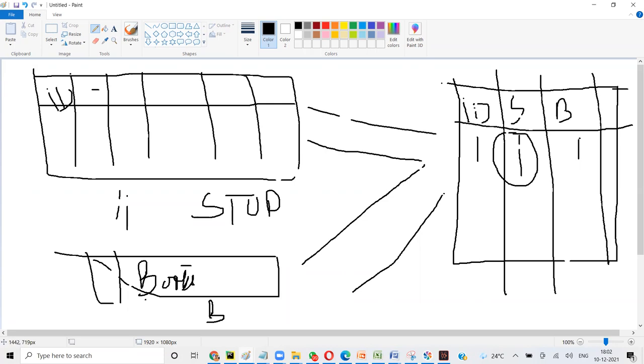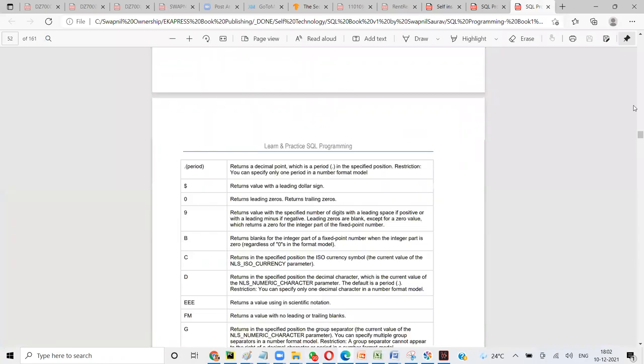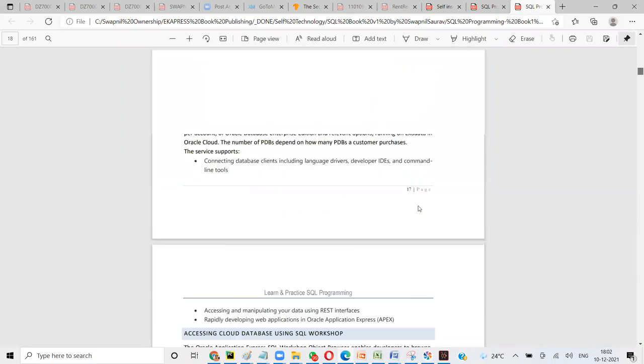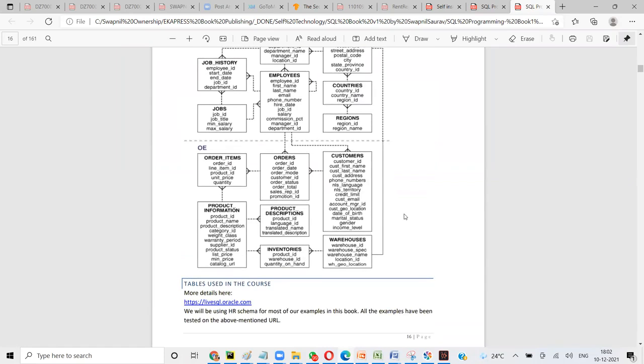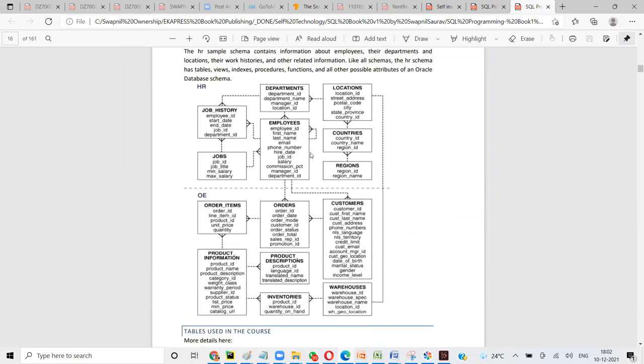I think what we'll do is we'll go to the ER diagram from chapter 1. Okay, this is the diagram. Here you see we had only seen employees.